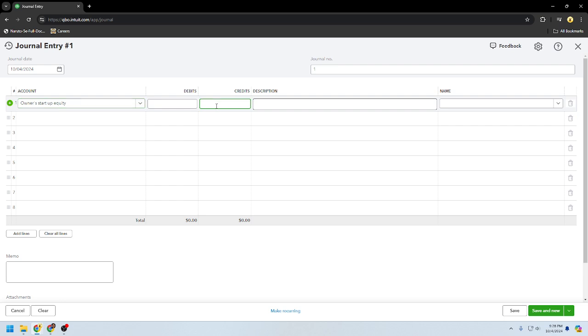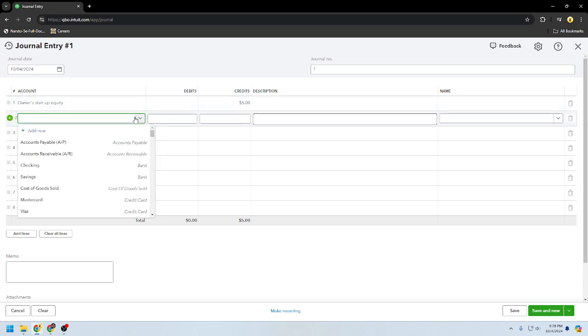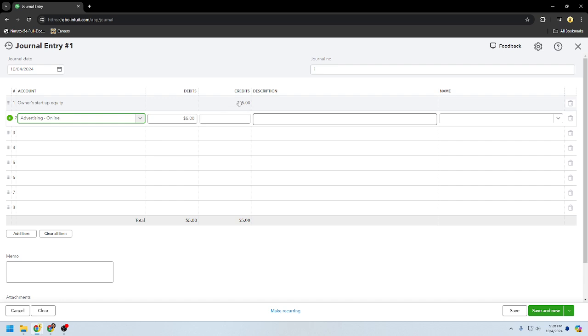So however much you spent on that service you bought, let's say you bought a Craigslist ad, that's $5. So you're going to credit your owner's equity and you're going to add what you spent that on, because remember in accounting it's going to have a match always. It's called double entry accounting. And now it was my owner startup equity compared to my advertising costs. So I'm going to type in advertising. This is my online advertising, and as you see, it auto-populates the debits to 5. So I spent my owner's equity, so it's a credit, it went down, and it's added to the advertising, so